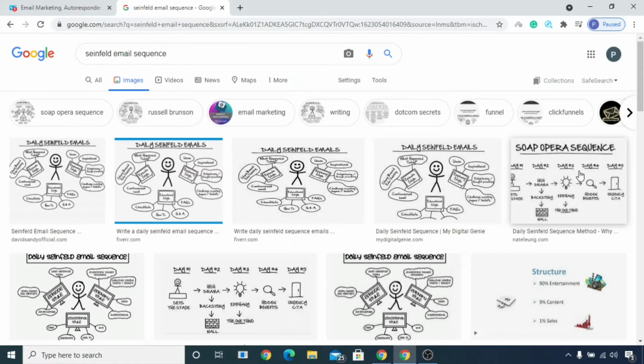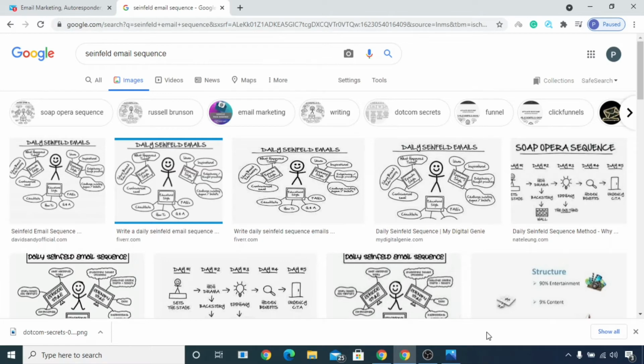And then you can send the daily Seinfeld sequence. Now you can learn it from Google if you want. Just simply search for soap opera sequence and daily Seinfeld sequence. And if you really want to master the soap opera sequence, daily Seinfeld sequence, and even if you want to master the game of email marketing